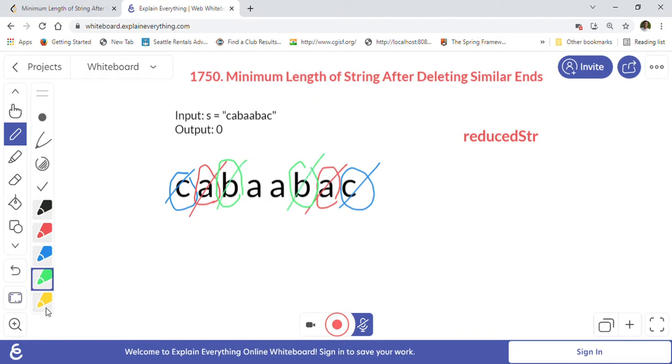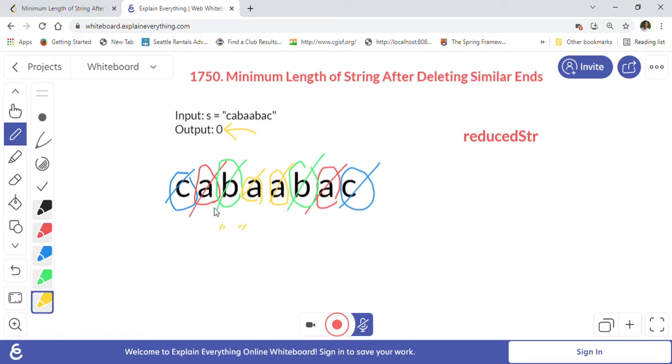After that, AA is the remaining string. For the AA string, we can select the first A as the prefix and the second A as the suffix, and we can delete both, right? So at the end we will be left with an empty string. Nothing will be there in the string. That's why we return 0 as the minimum length of the remaining string after performing these delete operations, selecting prefix, selecting suffix, and deleting them, of the same characters. So in this case we are left with a 0 length string, because we could delete all the characters by applying those rules.